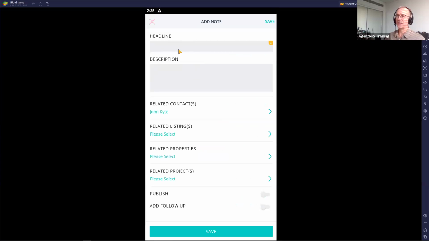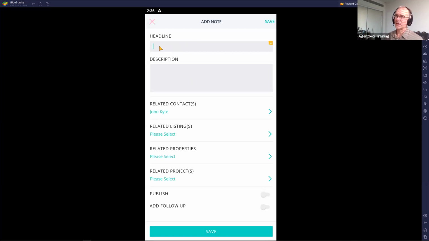You can type in your note as applicable, or here's another tip. If you're someone who's a bit more like me, I'm not really good at sending text messages, so I don't really send too many texts. I use more voice to text. And if you ever send a voice to text SMS message to a friend or family member, this works the same way. So rather than manually type out the note,